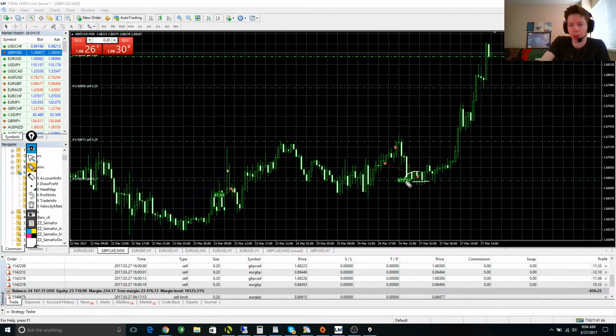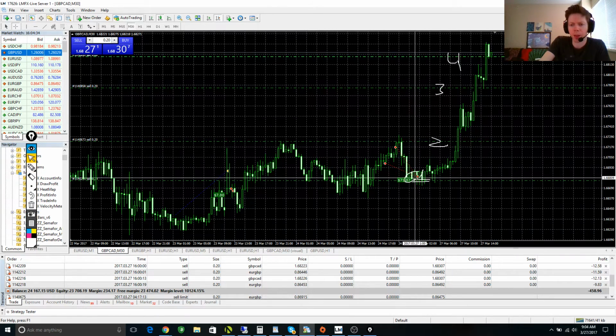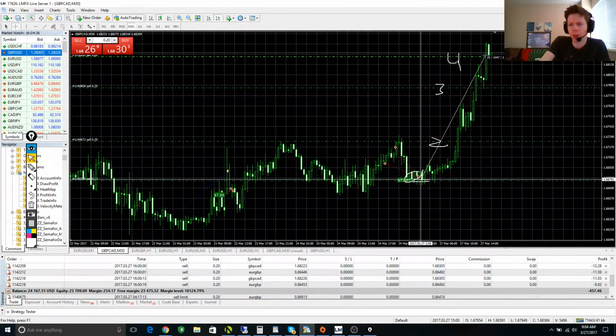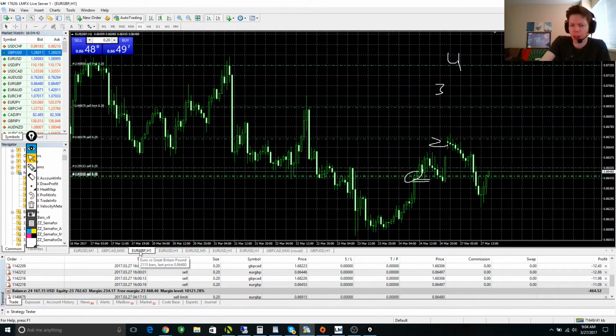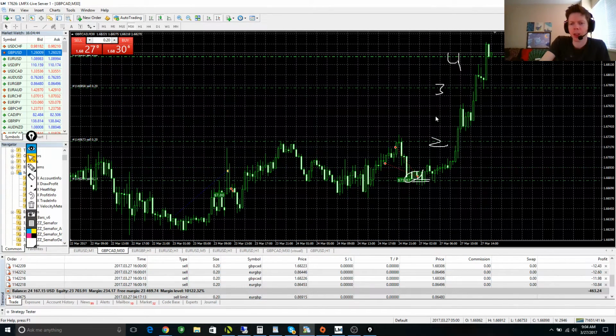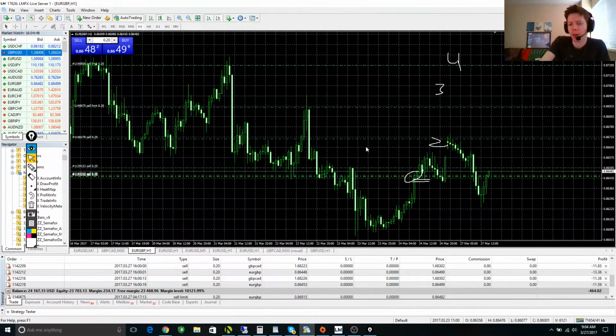And then 2, 3, and 4. So trade 4 is what we're currently on, and it's been a move of about 145 pips or so. So the issue that's going on right now is we're having a bit of a discrepancy with the